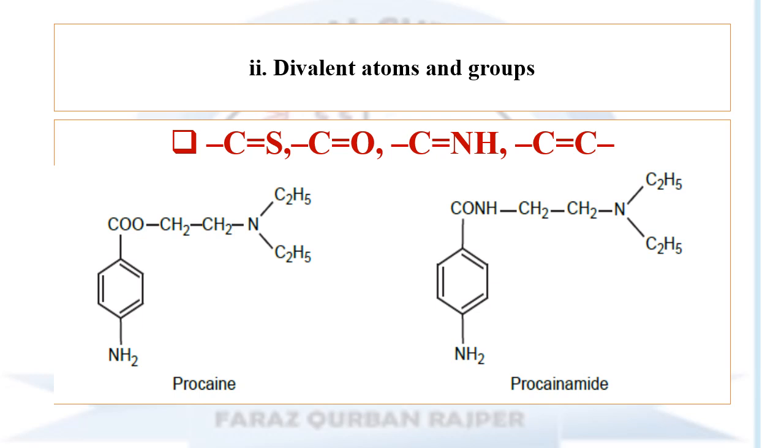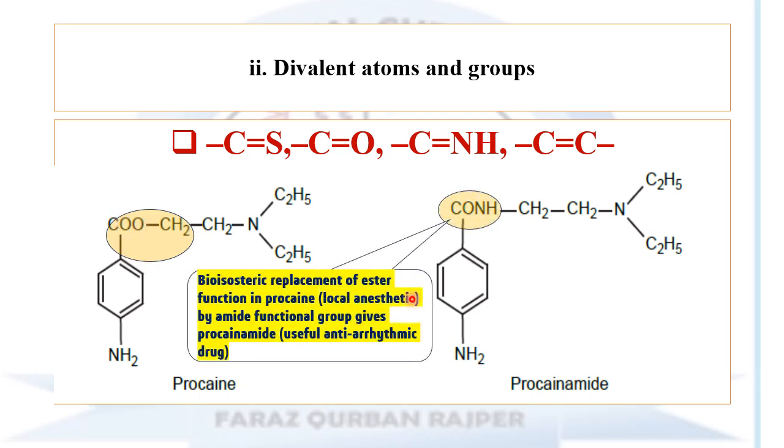Divalent atoms or groups. So the examples are carbon sulfide, carbon monoxide, or the carbon NH, and the carbon-carbon double bond. So here are examples of true drugs which are based on the divalent classical bioisosteres, procaine and procaine amide. In their structure, you may observe in procaine we have the ester functional group at the para position, and when this ester functional group is bioisosterically replaced with the amide functional moiety, then it will change